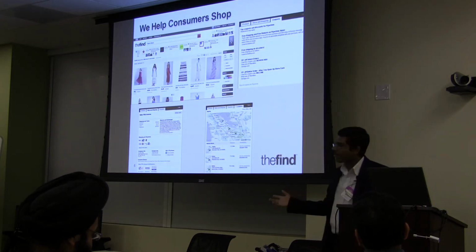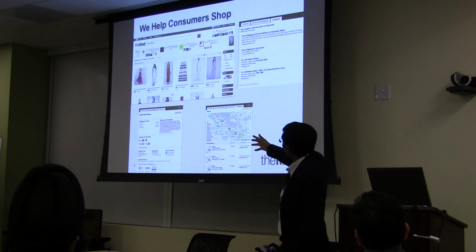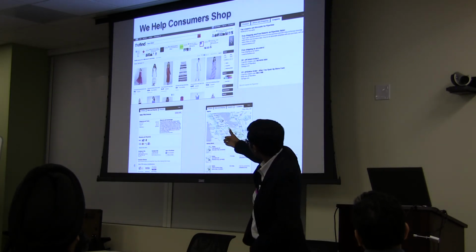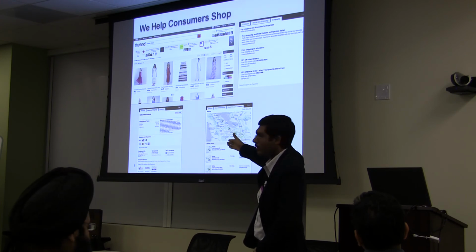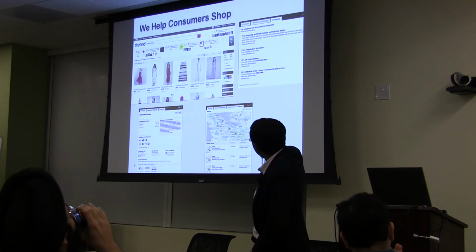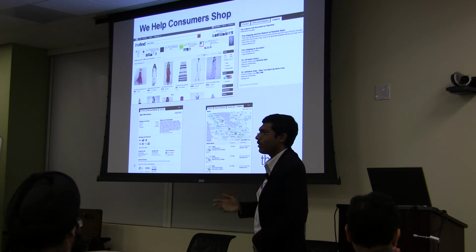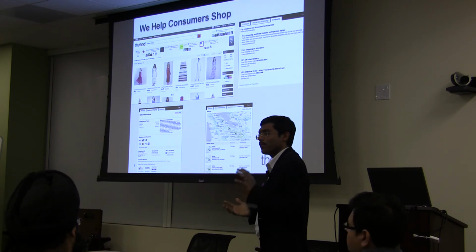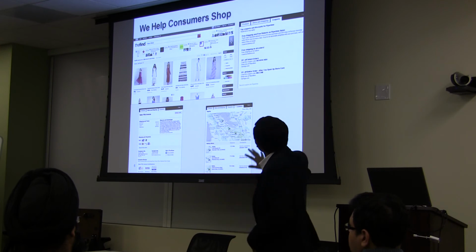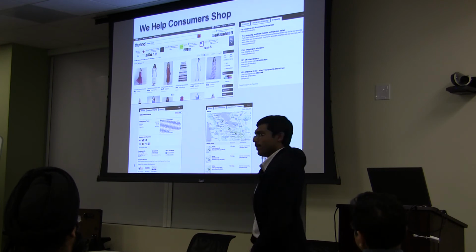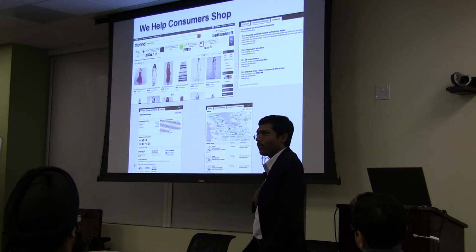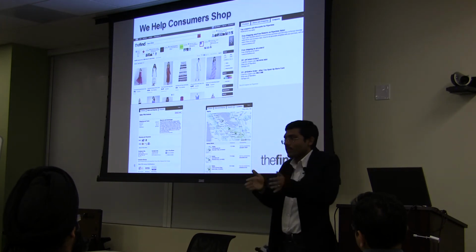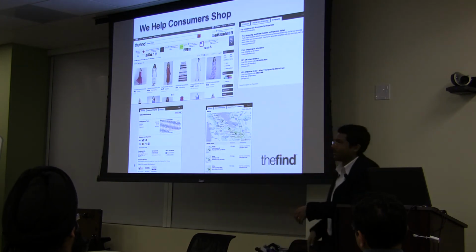These are just some screenshots of the website. On the left bottom, you see all the store information. There's a lot of rich store information that we have for all the stores, especially long tail stores. We have all local data because, as you know, around 85% of commerce is research online, shop offline. And we have all the coupons on the web, and people make a business out of just coupons. But we have the largest database of coupons, and we show that contextually along with the product, because you want to search for the product first and then look for a coupon later, not the other way around.